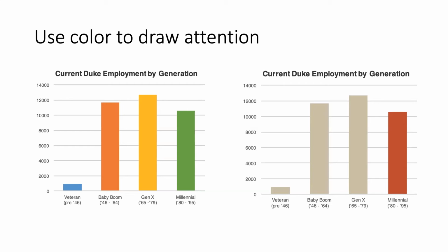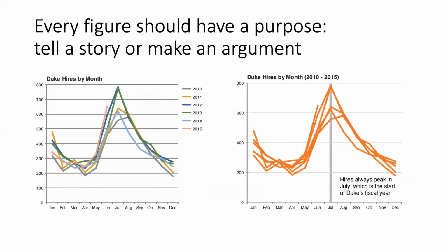So light neutral color, and then you punch the one that you want to talk about in a darker, more bold color. As long as you are providing enough context, as long as you're not distorting anything, making your story clear like this does not bias your audience in a way that is detrimental, okay? And that kind of goes into the third principle, which is